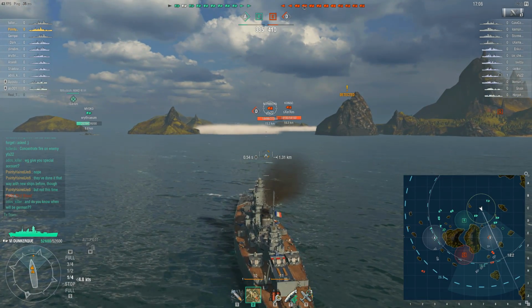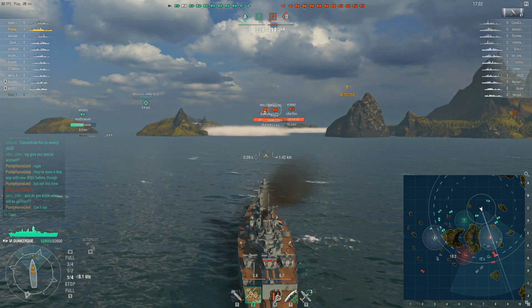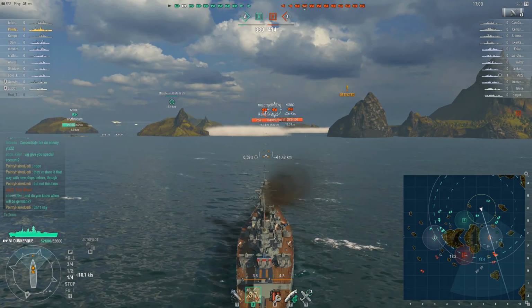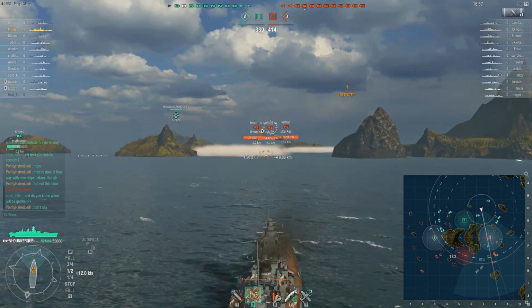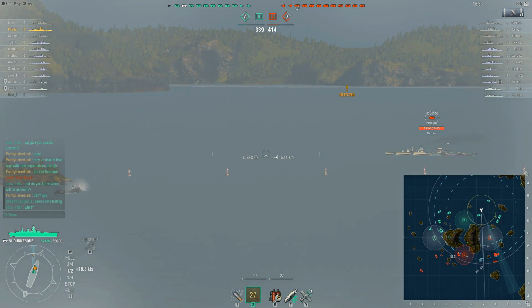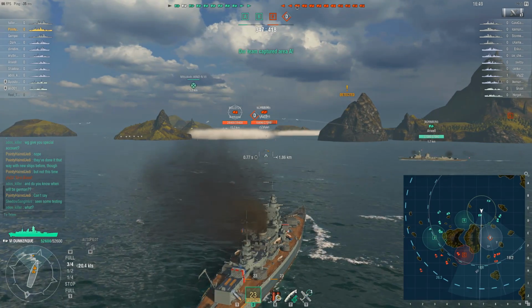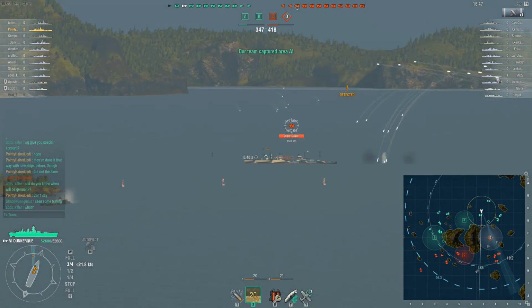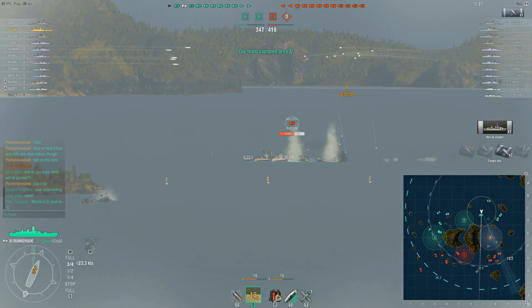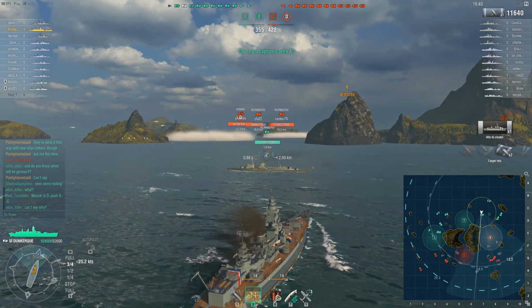HE is likewise a bit on the lower side. 4,800 versus 5,000 on the Americans, 5,700 on the Fuso. So again, it's not that far behind. Fire chance, on the other hand, is actually better than pretty much everyone else. It's got 35% fire chance on those HE shells. So if you encounter, I don't know, let's say a bow on North Carolina, HE is a perfectly viable choice,